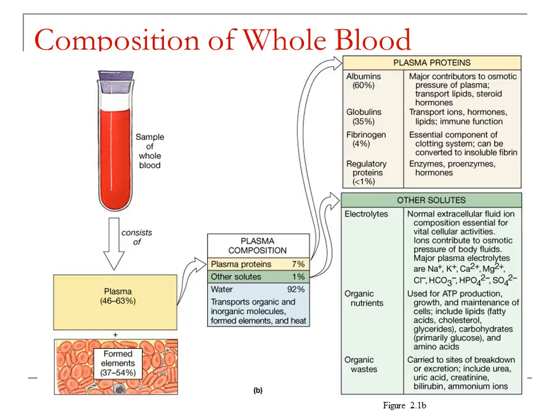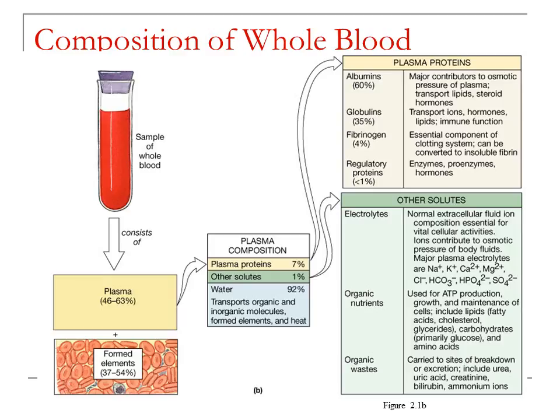The other solutes are the electrolyte, organic nutrients, and organic waste. The electrolytes are the normal extracellular fluid ion composition essential for vital cellular activities. The ions contribute to osmotic pressure of body fluid. Our major plasma electrolytes are sodium ion, potassium ion, calcium ion, magnesium ion, chloride ion, hydrogen carbonate ion, hydrogen phosphate